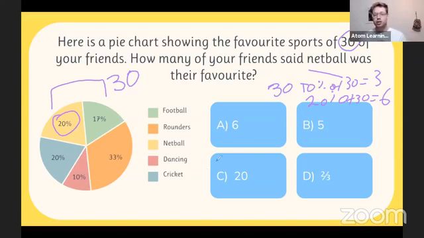One of the answers will always try and trick you with something like the 20, or the 2 out of 3 for 20 out of 30, or something like that. So just watching out for red herring answers is really important as well.